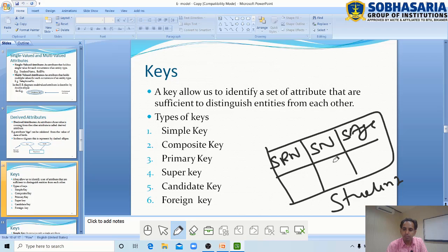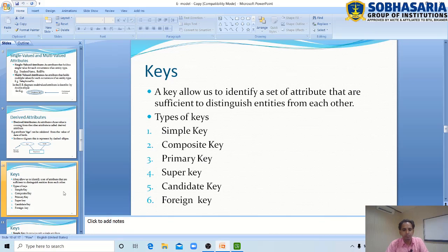Roll number 1, 2, name again Ram, age can be also similar, 2020. So how do we uniquely identify each row? Two students have the same name. So to uniquely identify this entity, we use the roll number. The roll number is a key here.